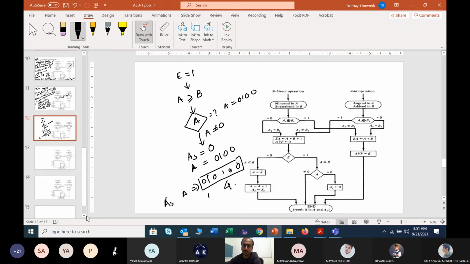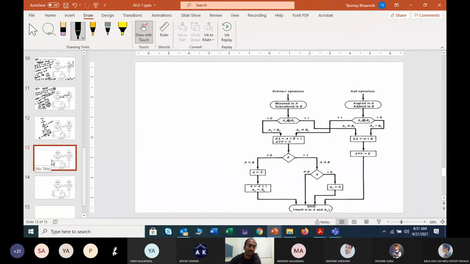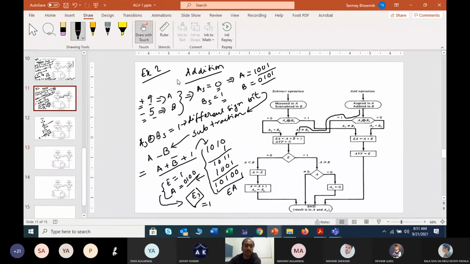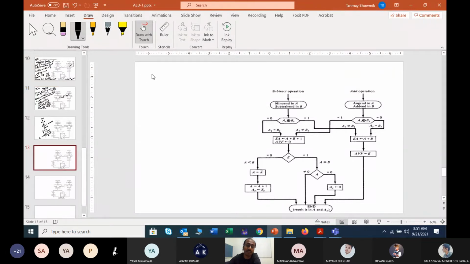Right? This one. So now again we will consider another example of addition, but with some different combination. Previously we performed it between +9 and -5. So the result is automatically positive, so it should be quite easier to get. But now we can consider another example, Example 3. So in this case we will consider that addition again.